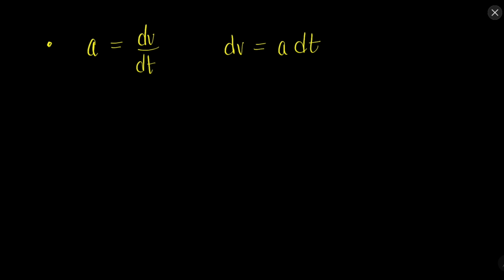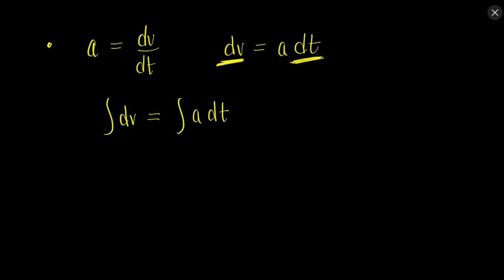Now the next thing is to integrate both sides. It might be a bit confusing for you at present because you have not used integration at all, or you might be in the initial stages of using integration, but let me try to explain. This is the small change in v, this is the small change in t. Now we will add the small changes, and that is called integration. When we add small things to make a bigger thing, it is called integration. So I have used the sign of integration on both sides.